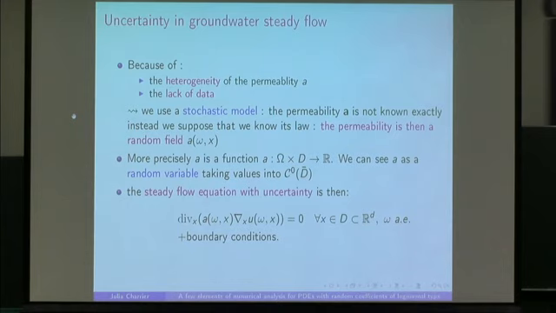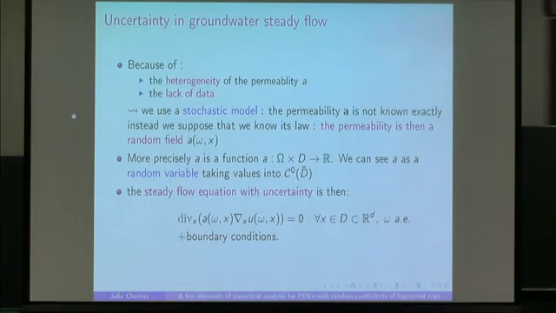Because you have a lack of data, you have to have in mind that to get data you need to dig some wells. So of course you don't have much data, and it's also really important in this kind of application that you have an important heterogeneity at very various scales. That's why we use random field stochastic models to take into account both the lack of data, that is to say the uncertainty, and the heterogeneity of the physical properties,